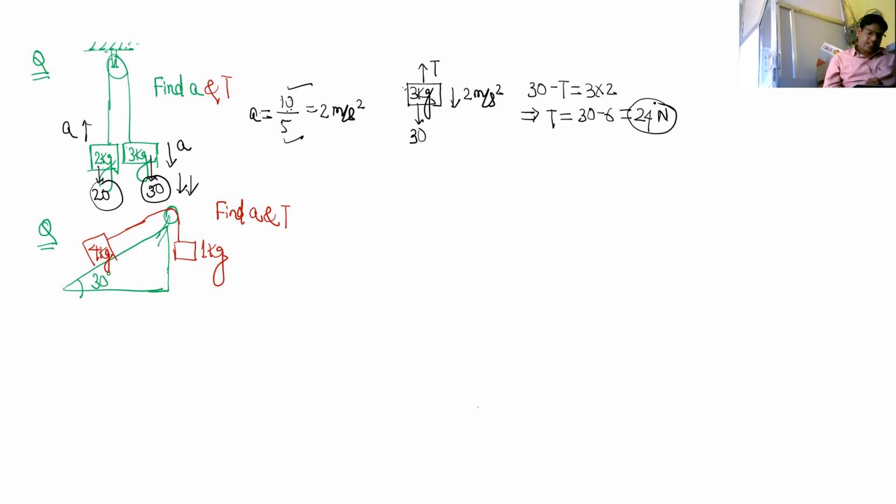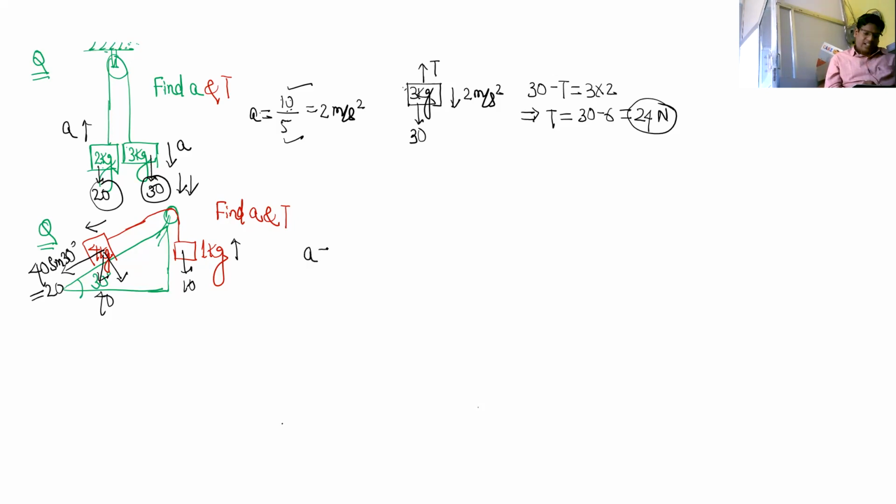Yes, sir. Okay, now here this side it is 10 Newton, this side it is 40, but if you take the component, this is 40 cos 30 and this is 40 sin 30. So this component is 40 sin 30, that comes out to be 20. So on the left side, the block pulls the rope harder on the left side, so it will go to the left side. So this will move up.